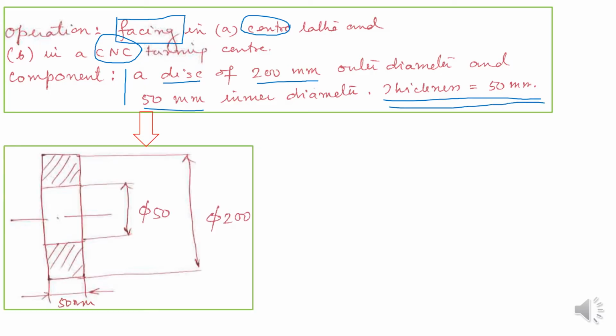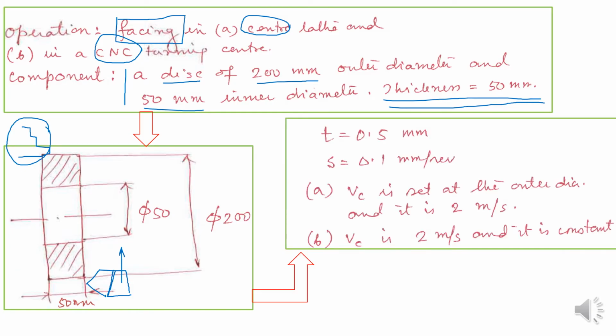How would this disc look like? This is the way the disc will look like. Typically, it would be mounted on a chuck. What I have drawn here is the jaw of a particular chuck, so it would be mounted. During facing operation, this is the tool. Tool would be fed in the transverse or cross direction from outside diameter to the inside diameter. So, this is the operation that you have to undertake.